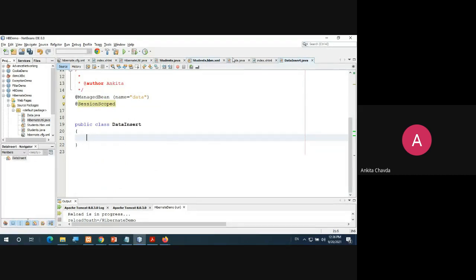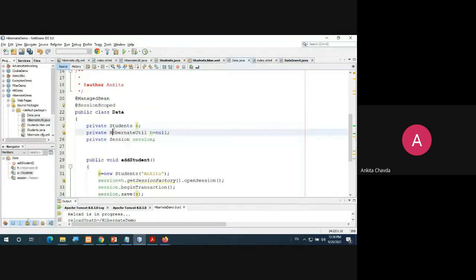In that you will create this class object h equals null. And then you create one session object, private Session session. So this is the object and this is the class.